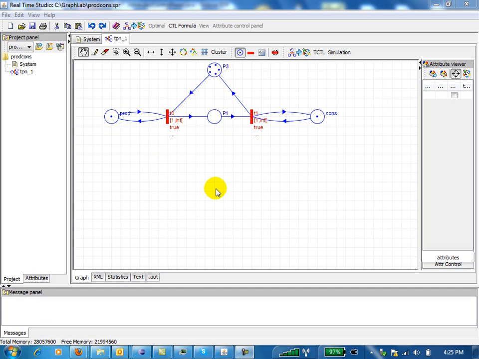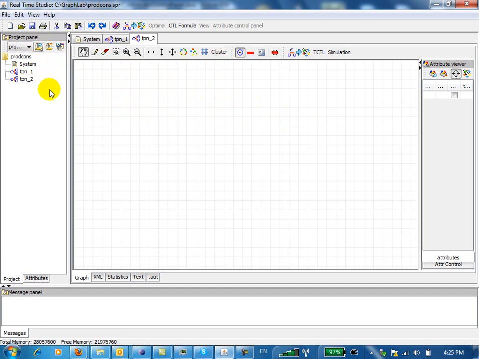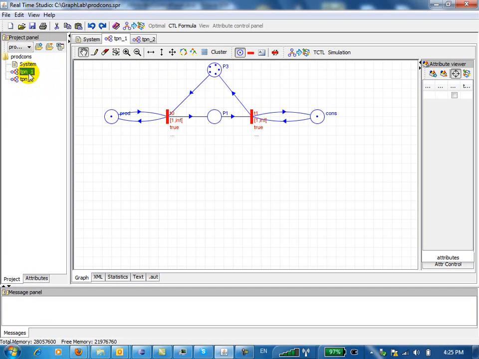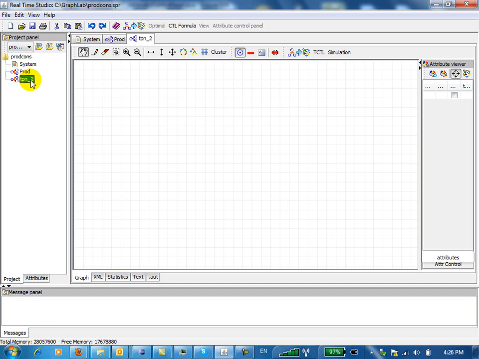So let's start with a simple case where we have just a producer and consumer, and we want to synchronize them together without having the controller part involved. So how are we going to do that? I'm going to be just in this example creating another component. So I create another component. The first one I'm going to be calling producer with capital P, and the second one is going to be called consumer,